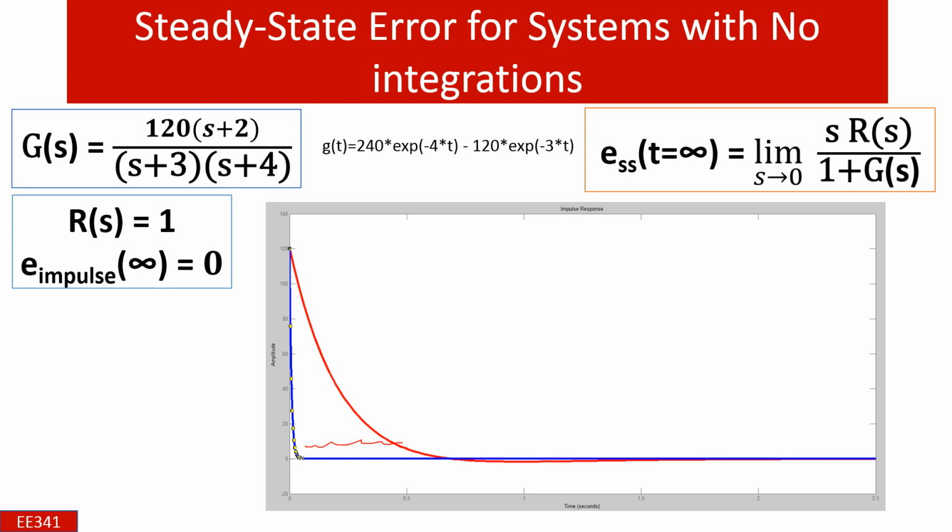And if there is t multiplying here in the time domain, then if we consider the limit as time approaches infinity, this result makes disturbances and makes the errors. So steady state error